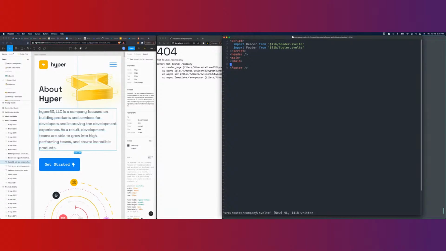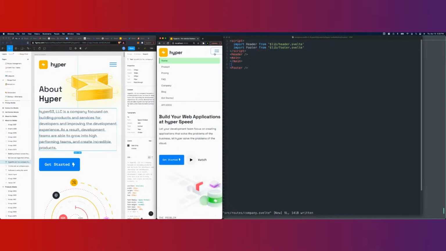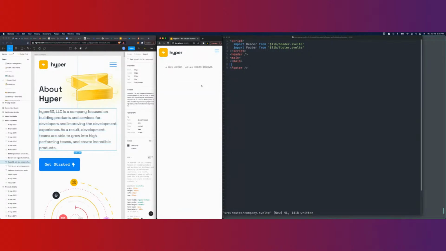Save that. And let's see if we get our company page to start. Okay, we've got our company page. Let's check out our drop down. It selected the company. Cool. And there we go. Now we want to start to